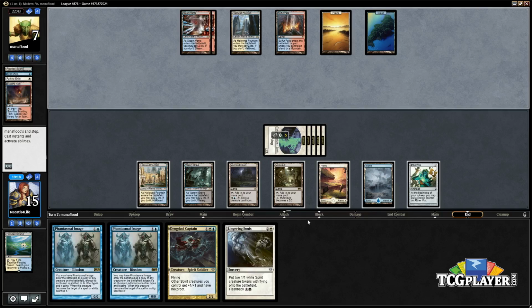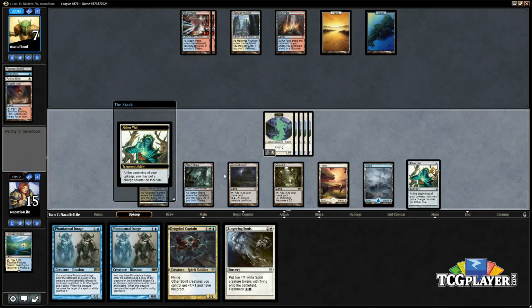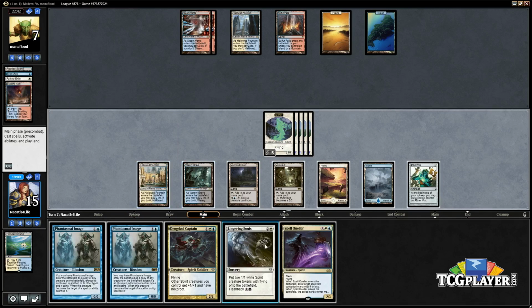I guess here's where we could go for it, because the opponent needs to do something. I guess we're attacking for lethal anyway, because we have 7. Jeez, now we have Queller too. Let's counter their spell. Alright, so